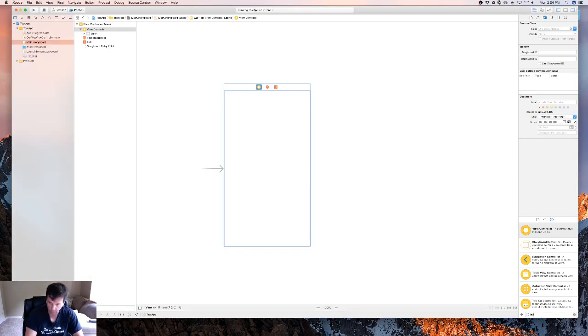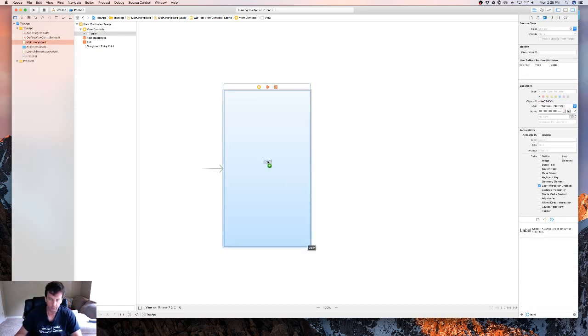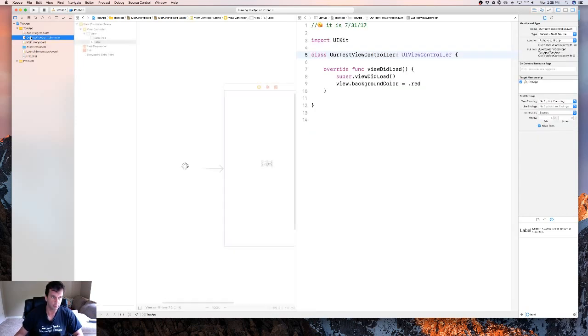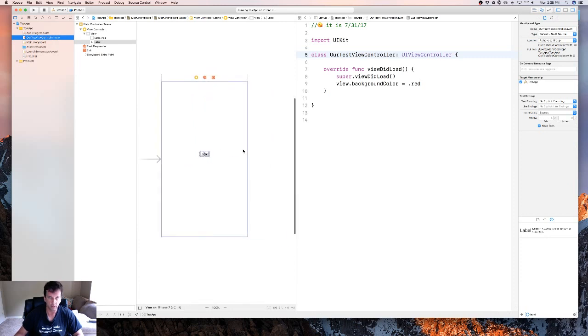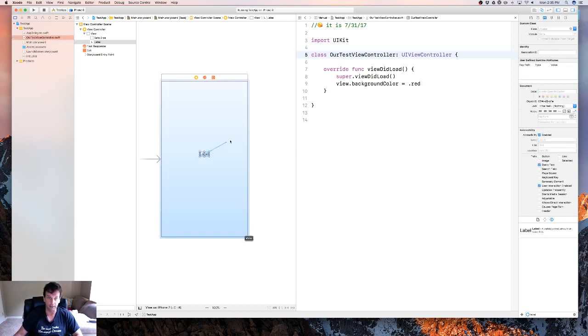So we're going to do one more thing in our kind of kickoff here. We're going to put in a label, and then we're going to do something that is a little bit more advanced, but you're going to do this all the time when you're developing apps. You don't want this just to be called label, and you might not want to just put a static text in here, right? So what we can do is we can have, hold on,